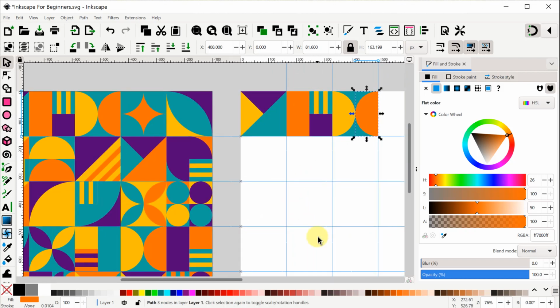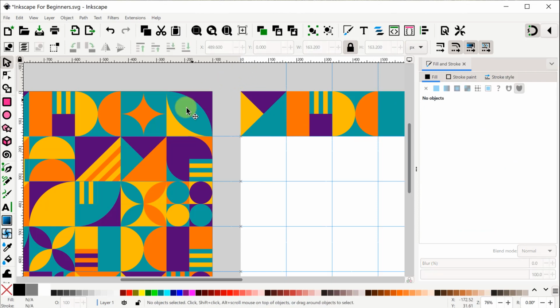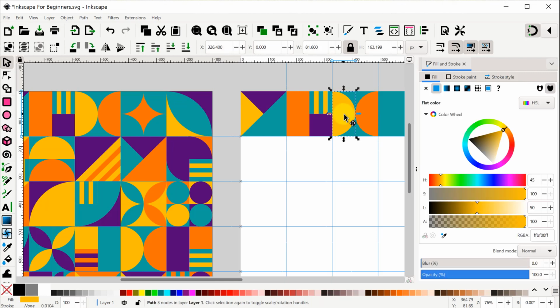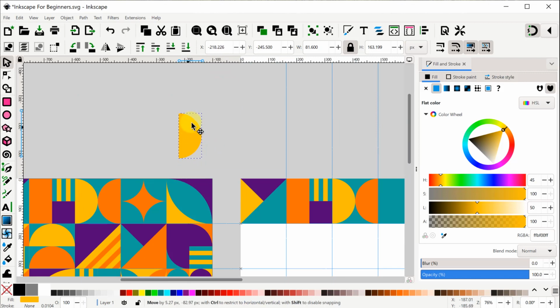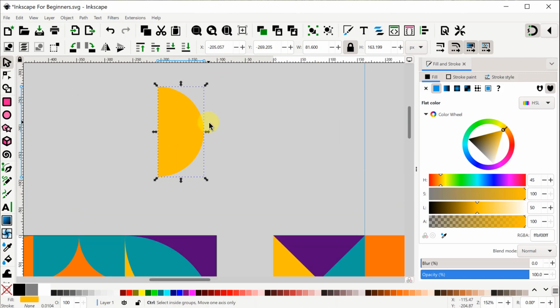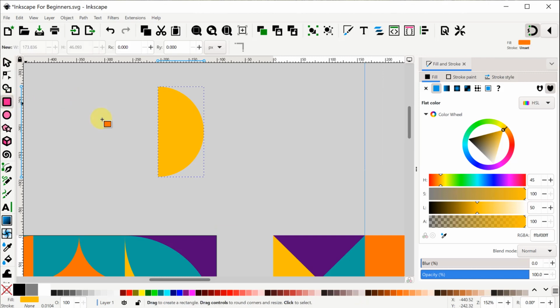Okay, moving on. Let's duplicate this main square again, bring it over. And now we have something interesting to figure out here. What it looks like we can do is create a quarter circle and put it into each of these corners here. So let's take this half circle that we've got, duplicated, bring it off to the side, and use the same approach we just used. Draw a little rectangle,